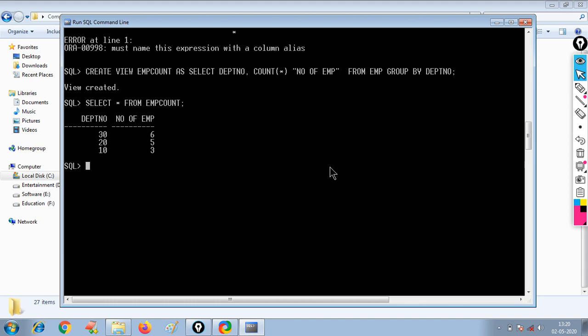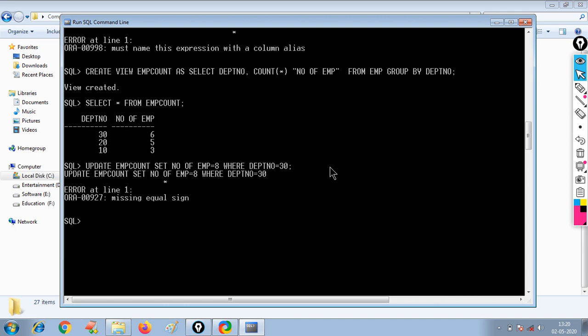If I try to update, let's say update EMP count set number of employees equals 8 where DPT number equals 30, it is not possible. Even the column name should not contain white spaces.